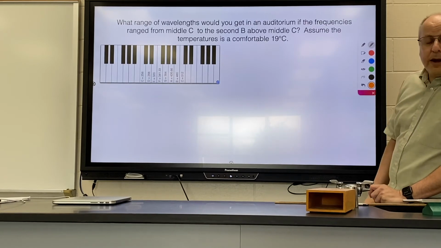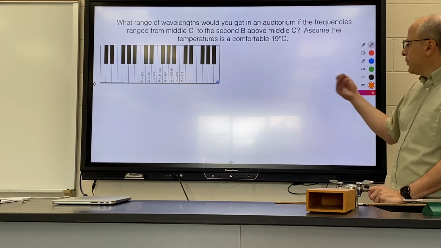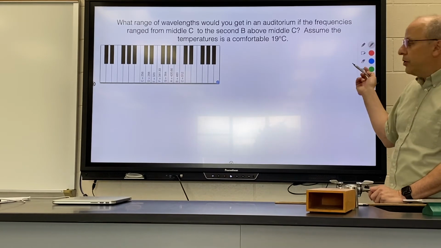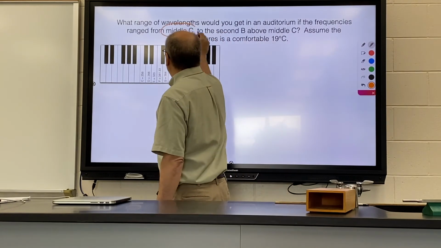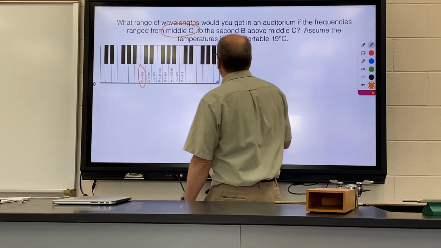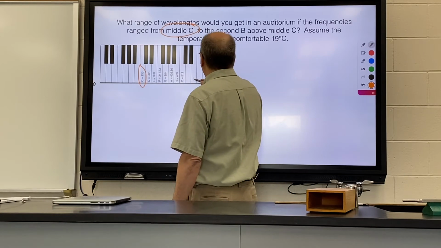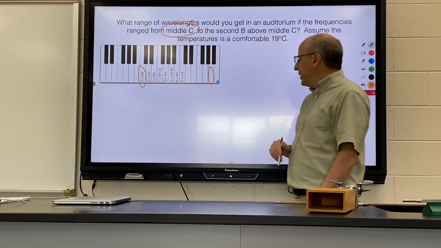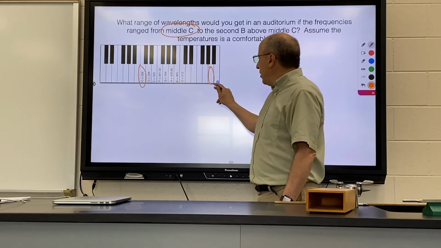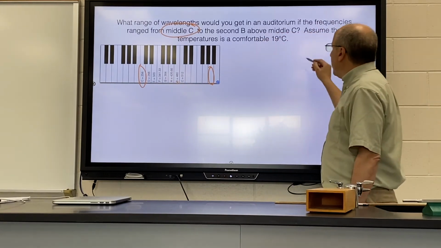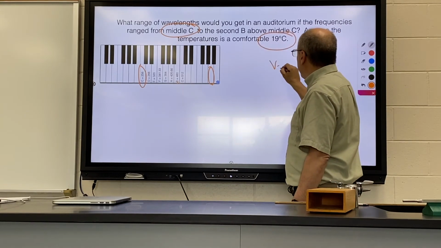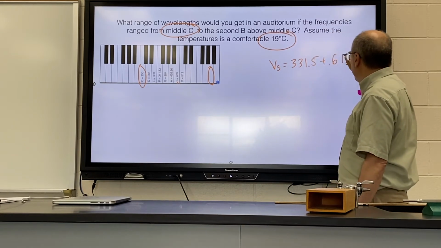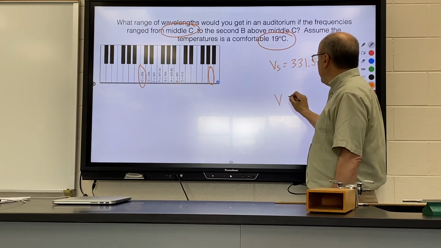I have 3 math problems I'd like you to try. The first one deals with the range of wavelengths you get when you go from one note to another. I would like you to start with middle C, and end with the B value, the second B following middle C. So not this B, but go all the way to that B. It's going to give you a temperature of 19 degrees. You're going to turn that into a speed of sound. You're then going to use that